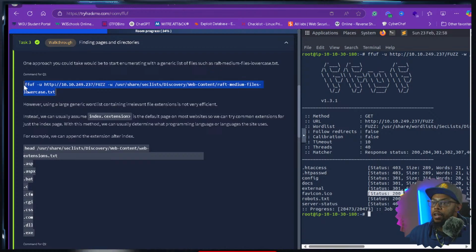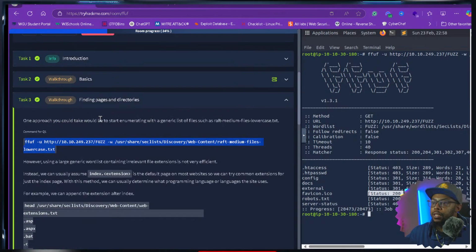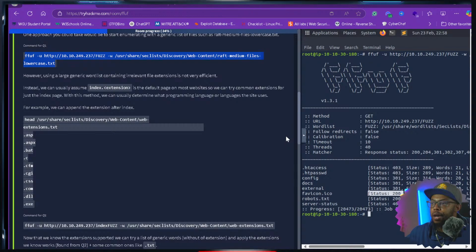All right, this is going to be for our question number 1. One approach you could take would be to start enumerating with a generic list of files such as raft-medium-files-lowercase.txt. It's just a pathway. I was overreading this. It's the same as all this pathway, just a different set of files that focus on lowercase. However, using a large generic list containing irrelevant file extensions is not very efficient. Instead, we can usually assume